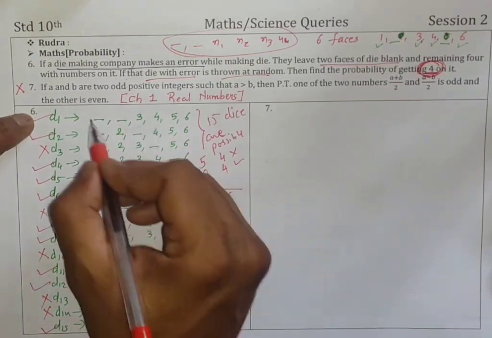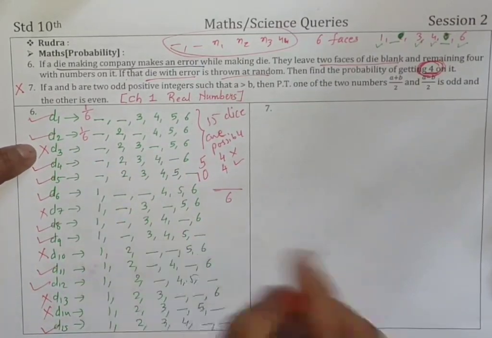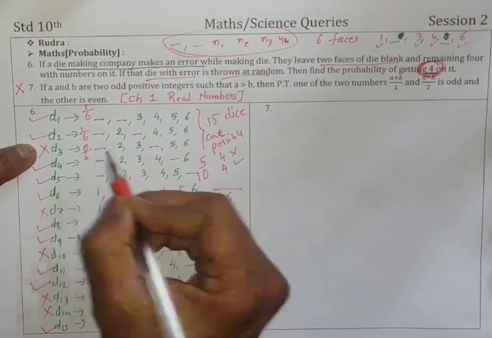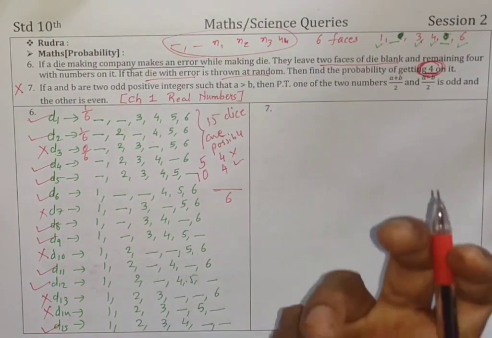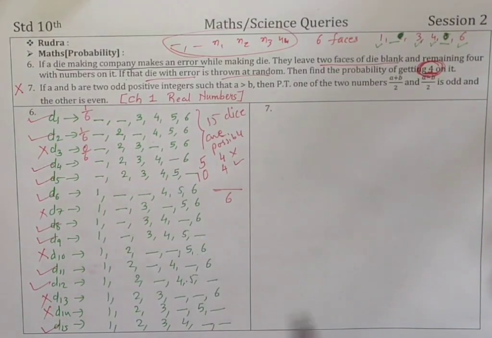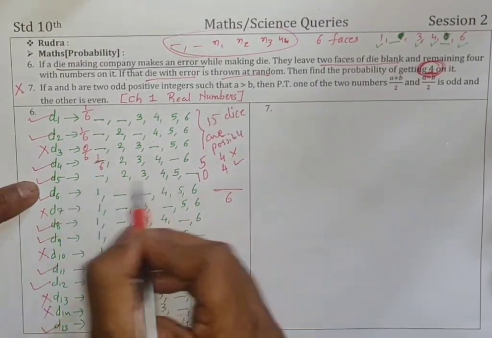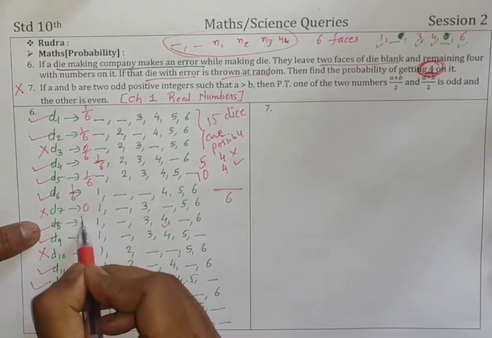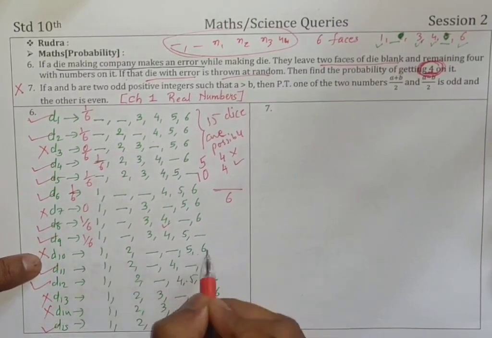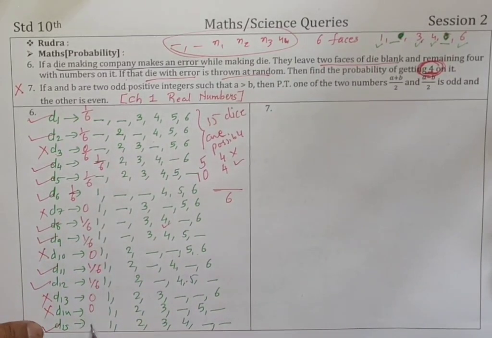ओके, टोटल आउटकम्स तो 6 है और कोई भी डाई हो, सपोज के ये डाई हो, सो एक 4 है, सो 1 आउट ऑफ 6 इज द प्रोबेबिलिटी. इसमें भी 1 आउट ऑफ 6 प्रोबेबिलिटी, इसमें है ही नहीं, सो 0 आउट ऑफ 6, बिकॉज इट इज इम्पॉसिबल, 4 मिलेगा ही नहीं. डाई नंबर 3 आप मिलियंस टाइम रेंडमली थ्रो करिए, आपको टॉप पे फेस 4 आने वाला नहीं है, क्योंकि है ही नहीं. सो इम्पॉसिबल इवेंट, प्रोबेबिलिटी इज 0. ये डाई लोगे तो 1 आउट ऑफ 6 विल बी प्रोबेबिलिटी, ये इम्पॉसिबल है, सो 0, ये 4 है, सो 1 आउट ऑफ 6. इम्पॉसिबल इवेंट, 4 है ही नहीं, तो इसकी प्रोबेबिलिटी 0. यहां 4 है, सो 1 आउट ऑफ 6. सो चिल्ड्रन, द आंसर इज,